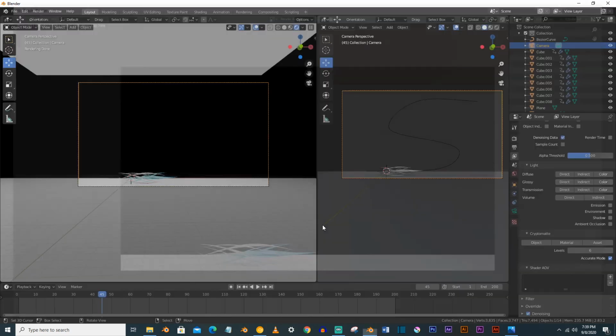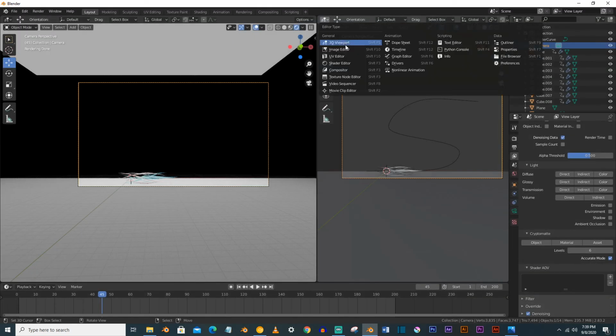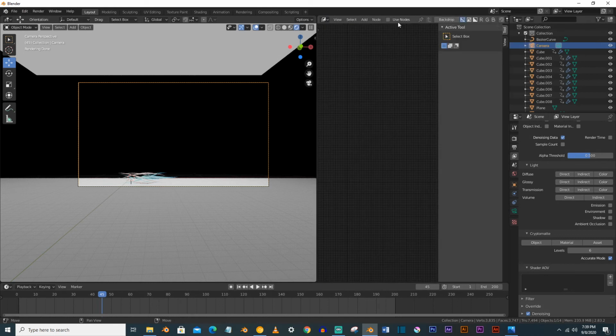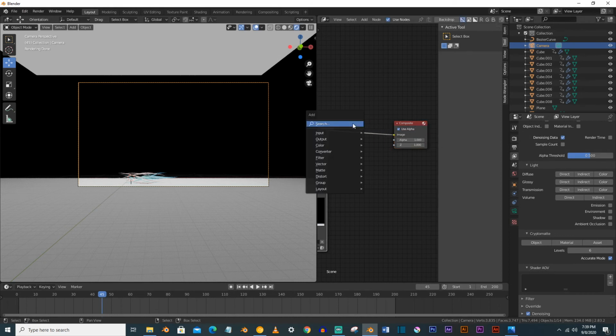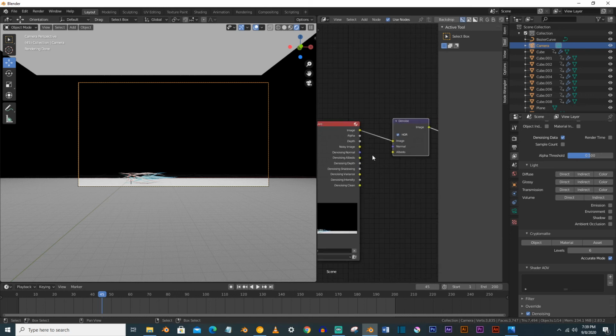One thing you can also do, go to the compositor and use nodes tab, select this and search for denoiser, and put it here, and just cut off this and noisy image to image, denoising normal to normal, and albedo to albedo.